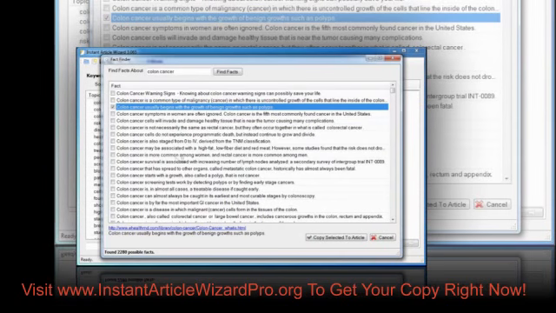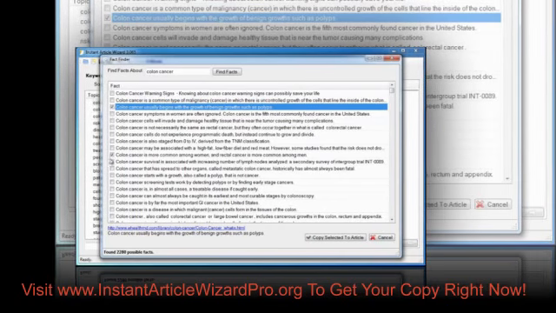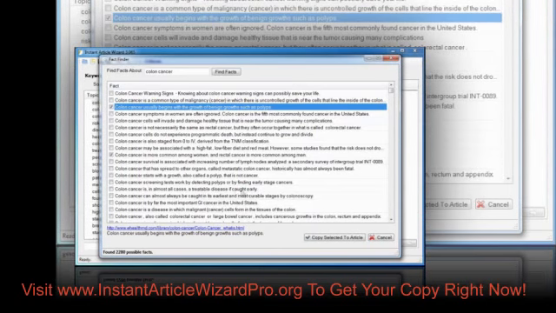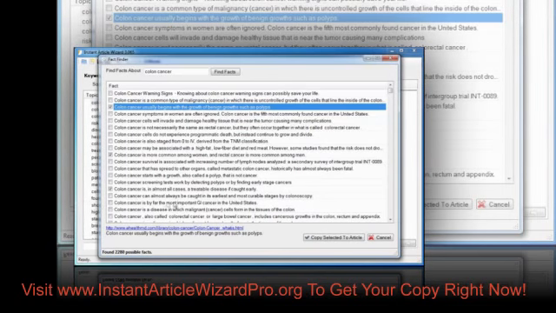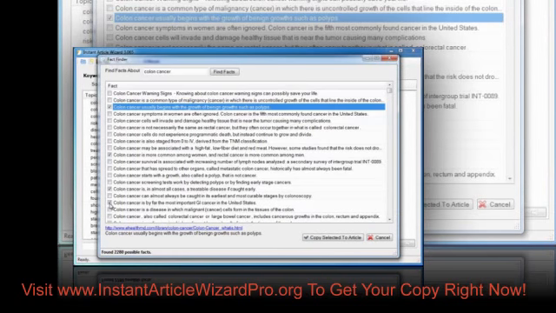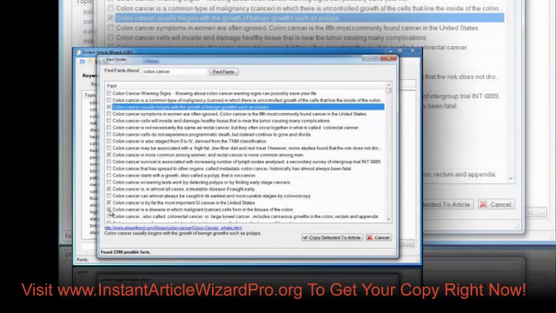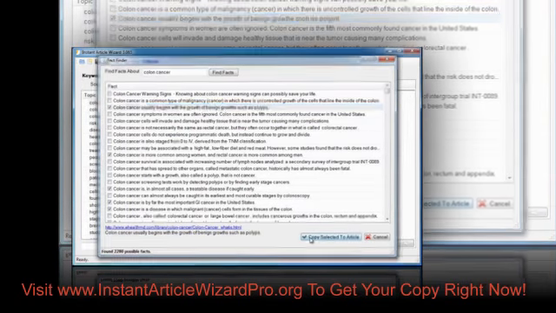Look through it. Colon cancer is more common among women and rectal cancer is more common among men. Sounds good. Check. Colon cancer is, in almost all cases, a treatable disease if caught early. Like that. Check. Colon cancer is by far the most important GI cancer in the United States. Check. Now once you've gotten all the research you want, this one sounds good, click Copy Selected to